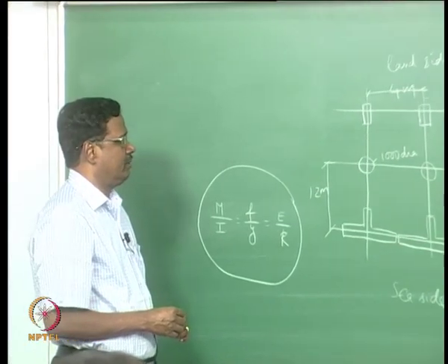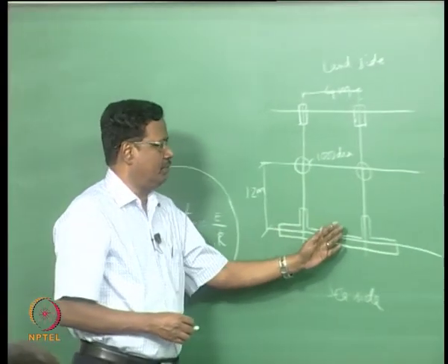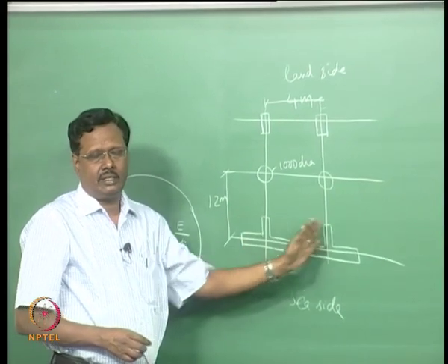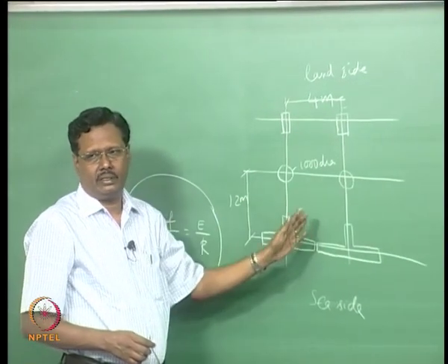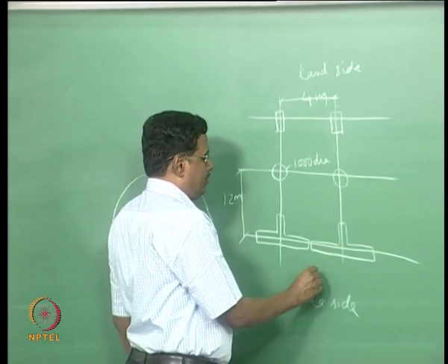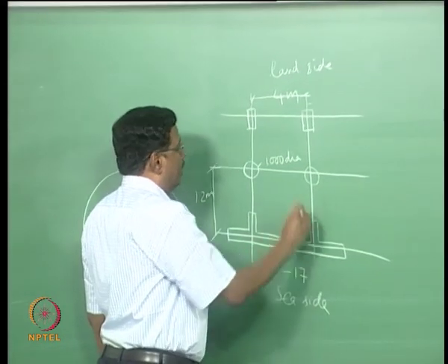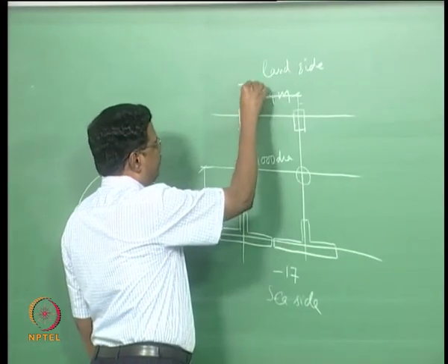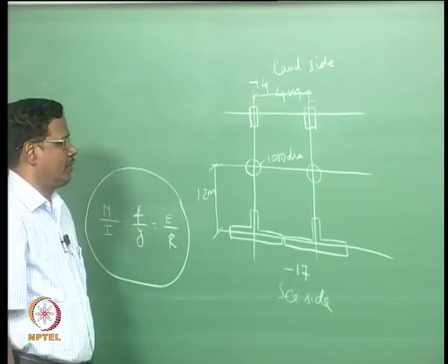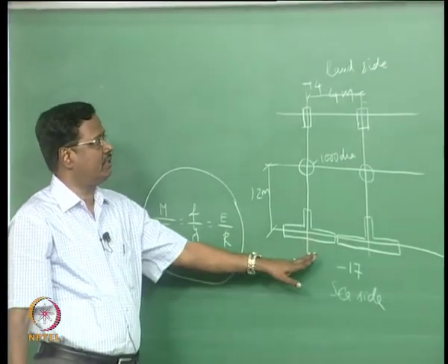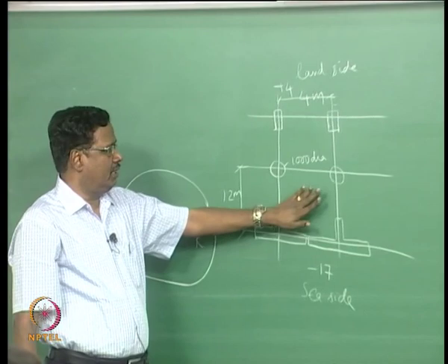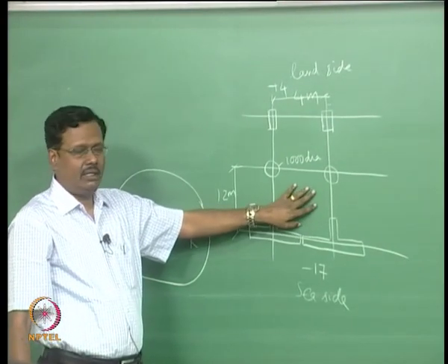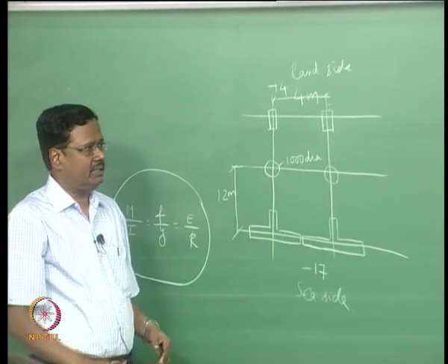stresses in the member. If you do side by side like this, this goes as a continuous structure, it will retain the soil. Here you will be dredging up to minus 17, here the top level may be plus 4 approximately. So, here it is minus 17, it is plus 4, that means inside this portion there is some soil which will be retained by this structure.